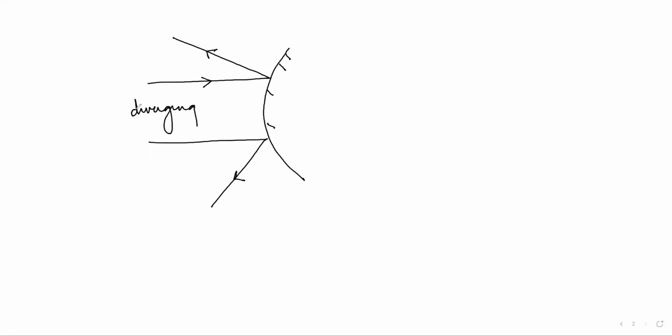convex mirror. Convex mirror, this is the incident radiation. This is the reflected radiation. There is scattering. Light is coming in between less area and getting reflected in a bigger area. This is divergence. So your convex mirror is diverging mirror. Whereas students, very interesting, your